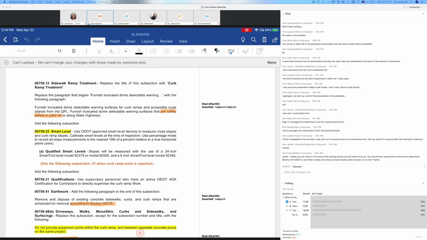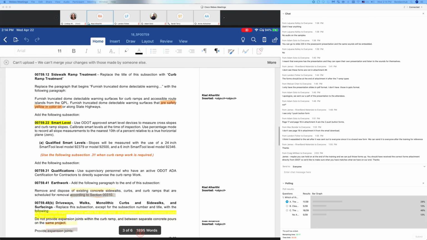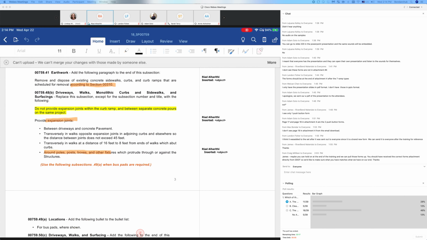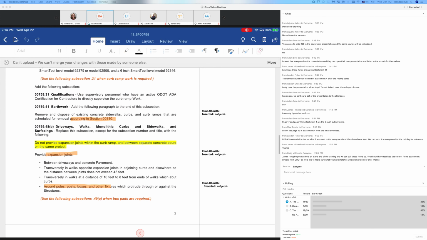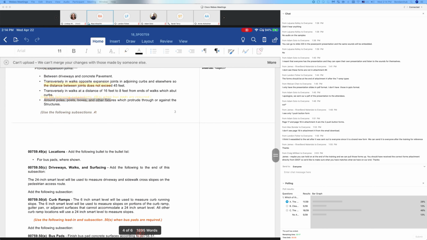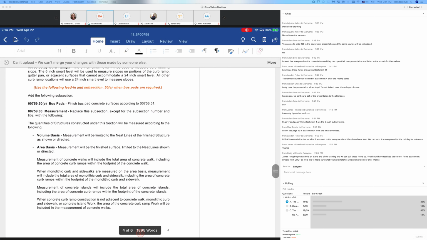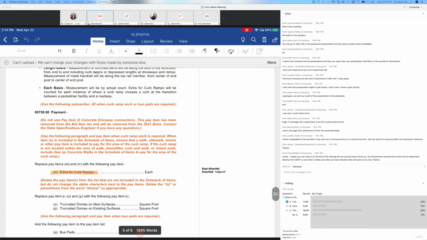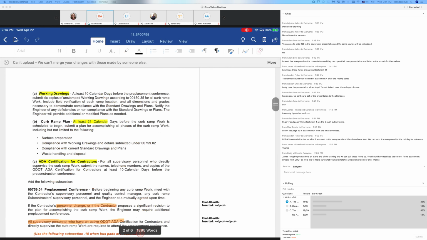of the smart level, and the tools need to be used. And it mentions about some additional things here, the expansion joints, where you put them, the earthworks. So you will see all of this turn into contract and about the bid item. So I just downloaded this morning. This is the ODOT